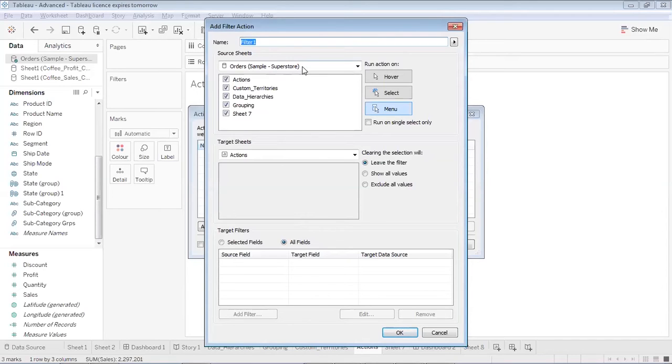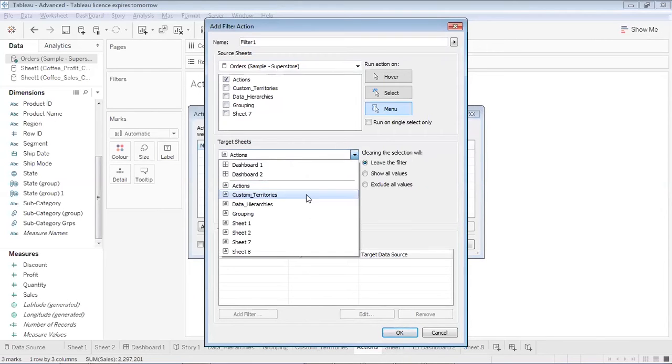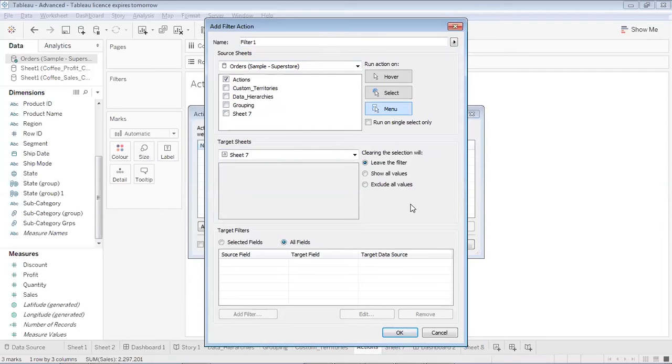The source sheet is the sheet where you perform an action, and based on that, activity will be performed on the target sheet. So I'm taking my source sheet to be the action sheet, the one where I am currently, which has got three categories with the sales. And the target sheet I would like to be sheet number 7, which has got my subcategory, category, and sales. And the action which I would like to perform is select.